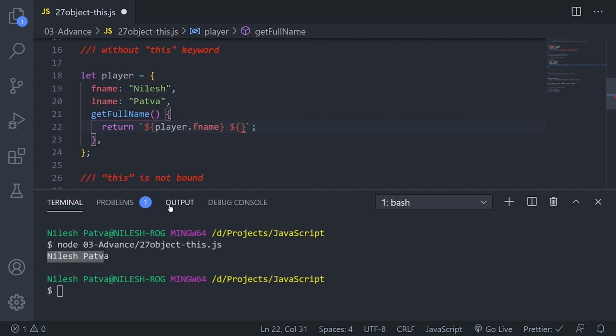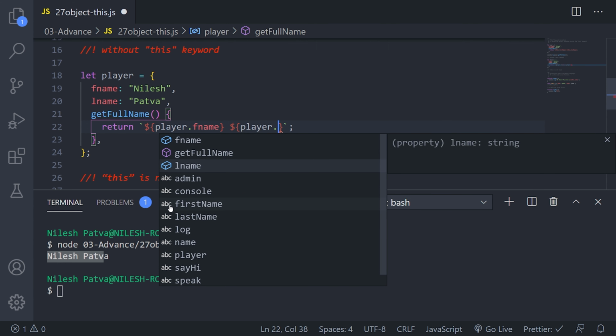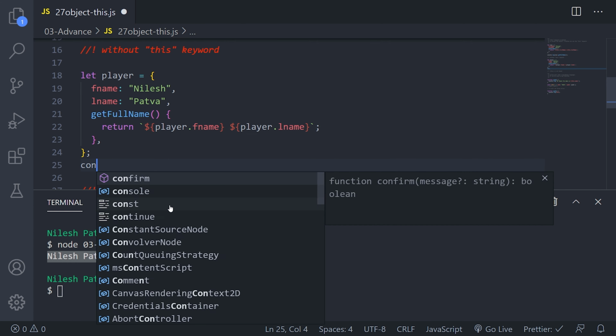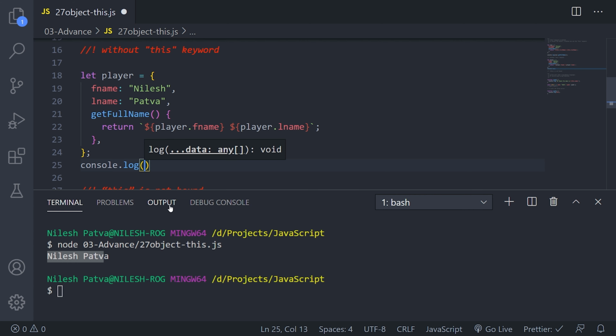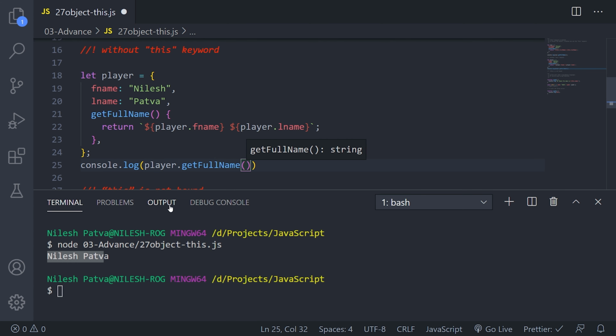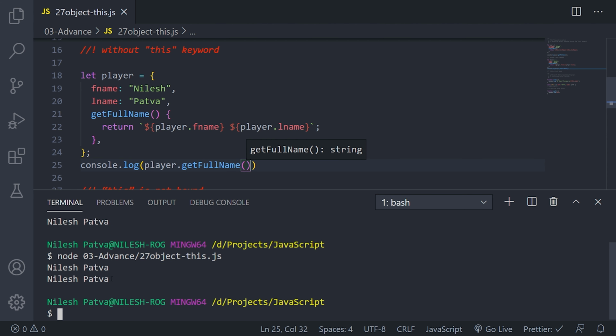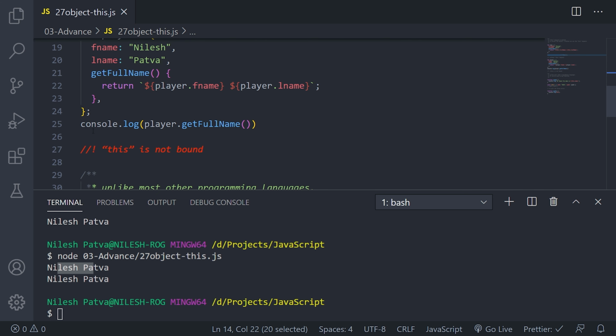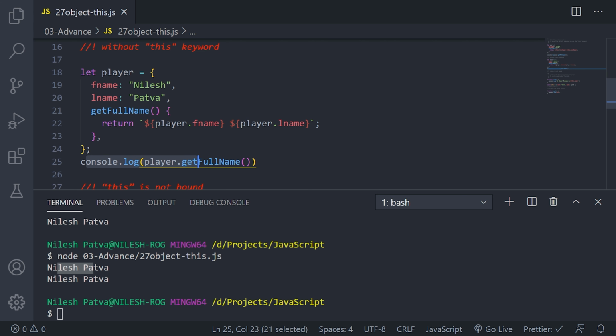Again I'll type the same thing, player dot last name, and if I call this inside my console.log with player dot get full name, we can see what it prints. Let me just run this. If you see, we are getting two Nilesh Patwa, one from the above example and the second from the player example. So this is how you can access it using player itself.